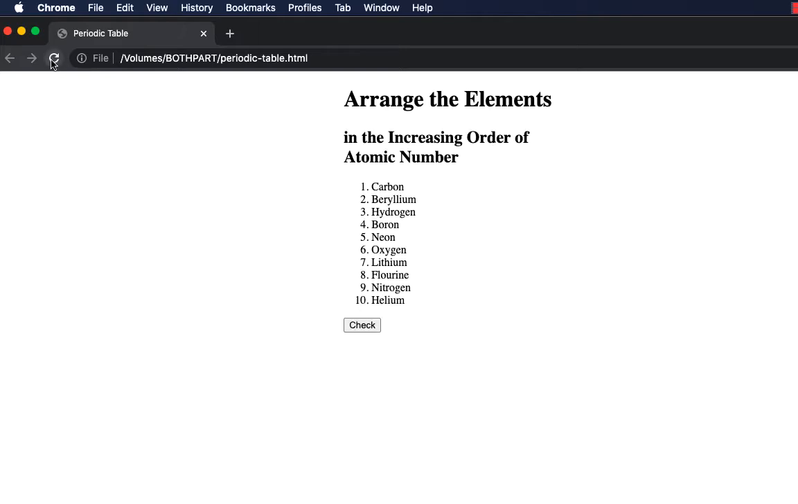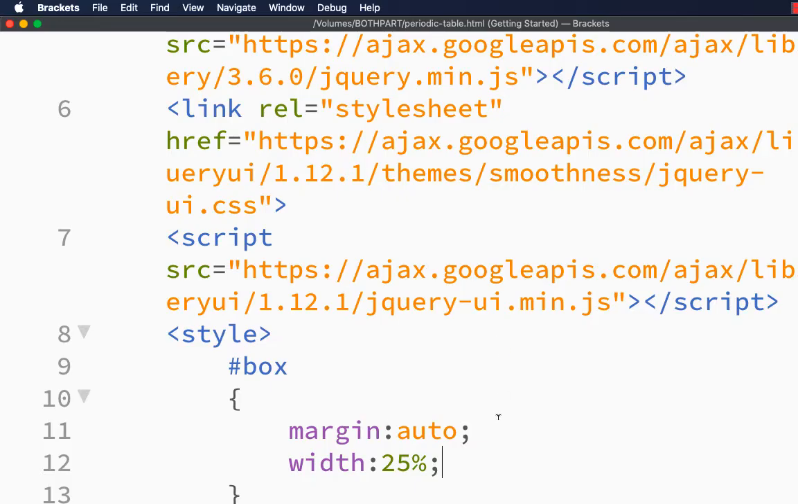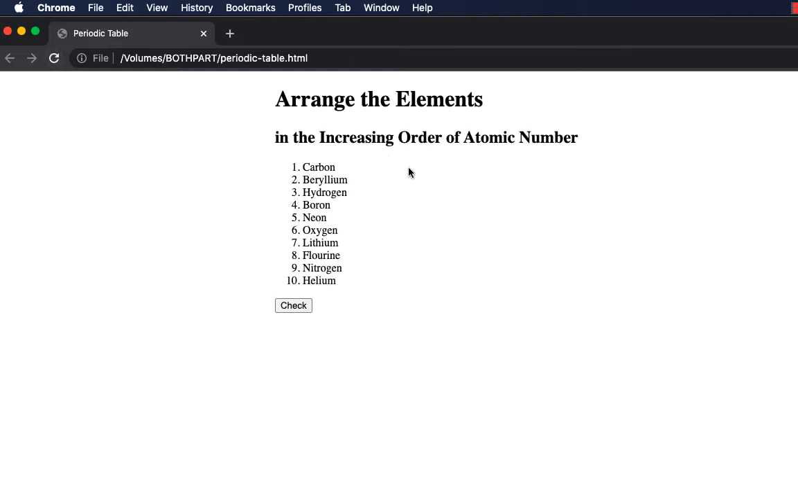Let me check the output now. Let me refresh. See, all the items are centered now. And we are not able to see the width set because there is no border we have specified for this. I think we can increase the width to 40% because this H2 is displayed in 2 lines. So let me change it to say 40% and check the output. Let me refresh. See, now it is displayed in the same line, that is H2, in the increasing order of